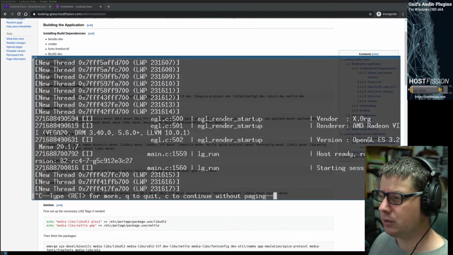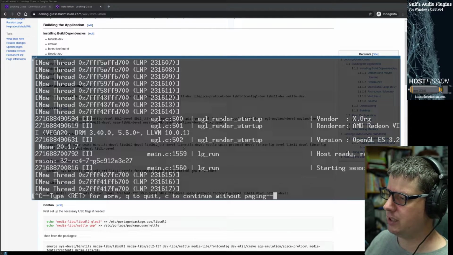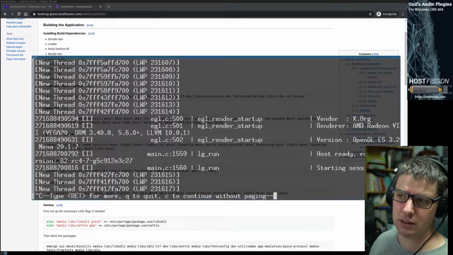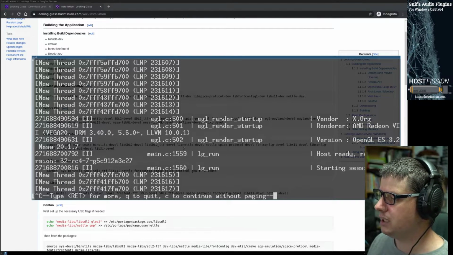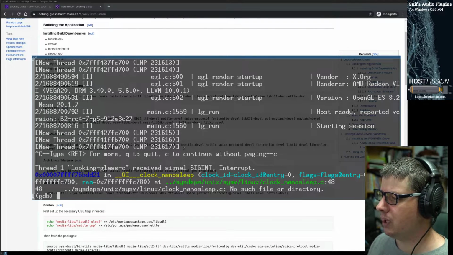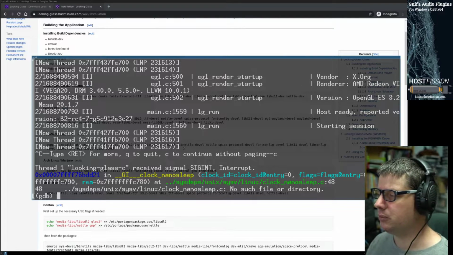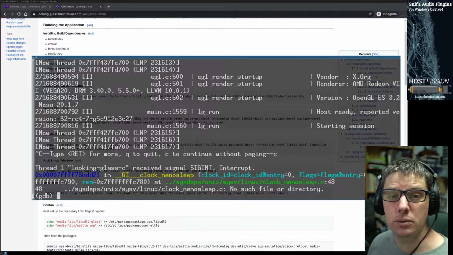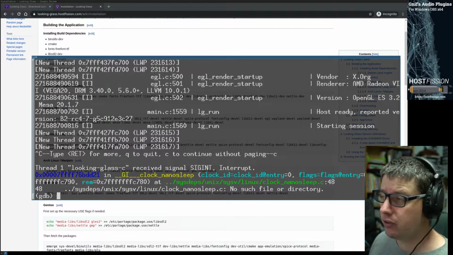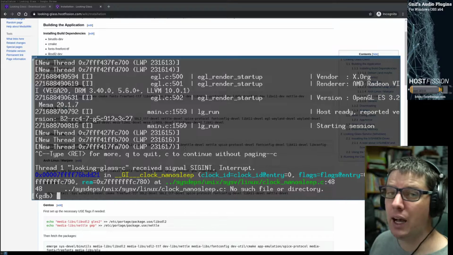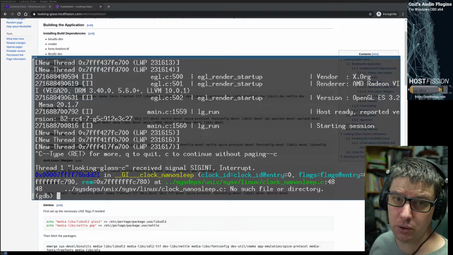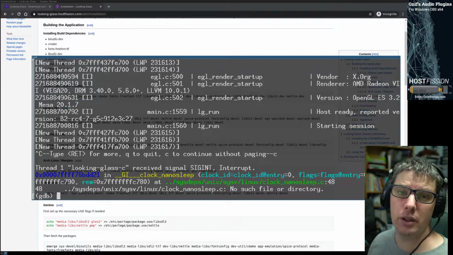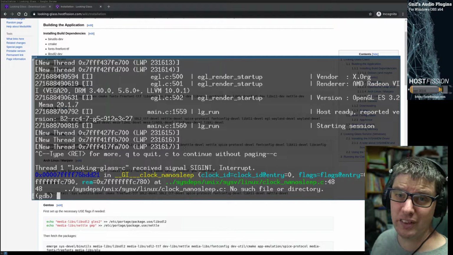Control-C. It'll interrupt it. You'll see it's telling me there's more information because it's gone into paging so that we don't miss anything. You can just say continue, it doesn't really matter at this point. And you'll see there, it's received an interrupt and it's told us where we have interrupted the program, at what point and what it was doing when we stopped it. And you'll find that the application itself has hung if it was responsive at all. You'll find it won't respond, clicking on the window won't do anything, it's no longer drawing